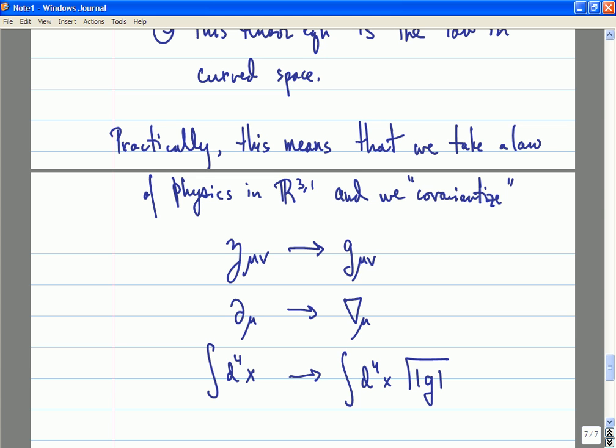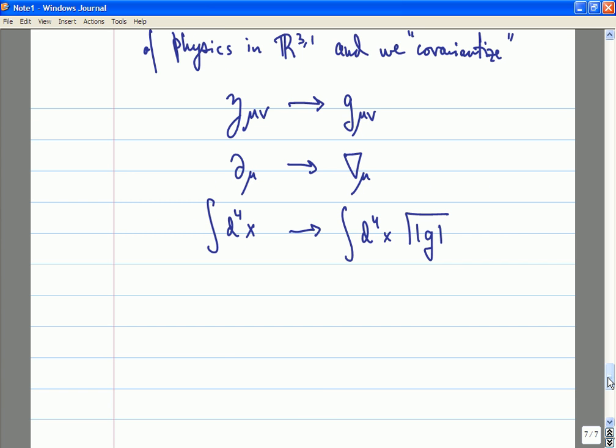Yes? If we didn't stick to minimal coupling, what other things could we do to develop? Well, that's an excellent question. So, let's say, for example, we wanted to try and write down Maxwell's equations. Maxwell's equations,